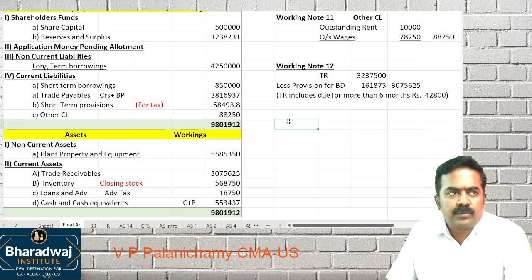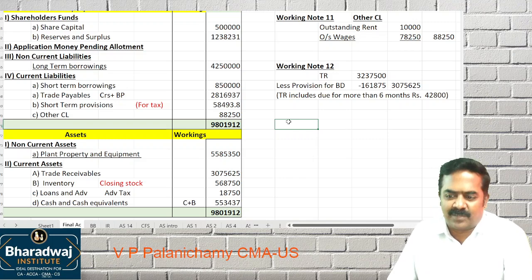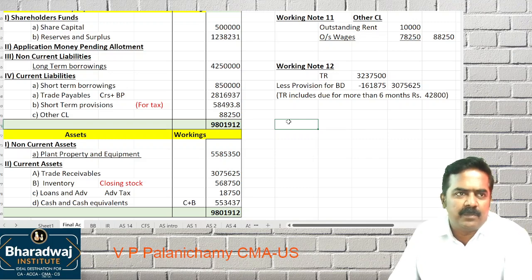And always remember the rule of 2 minutes per mark. If it is a 14 marks question, maximum we can spend what? 28 to 30 minutes. So that time also we have to count in the exam. In the classroom when I explain, we take around 40 minutes. But in the exam, for a 14 marks question, max 28 minutes on average. Sometimes if the questions are tough, we may take more time. Sometimes some questions may be easy where you will be able to save time.